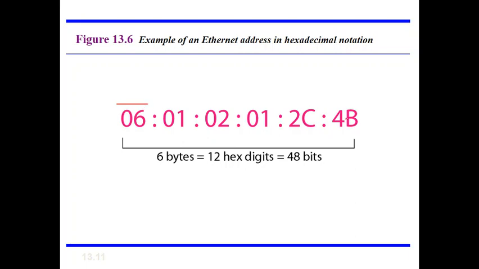So total 48 bits. Now how do we identify whether the given address is unicast, multicast or broadcast? The length of the MAC address or physical address depends upon the protocol we use. So if we use Ethernet as a standard, then we will be using a 48-bit MAC address or physical address.